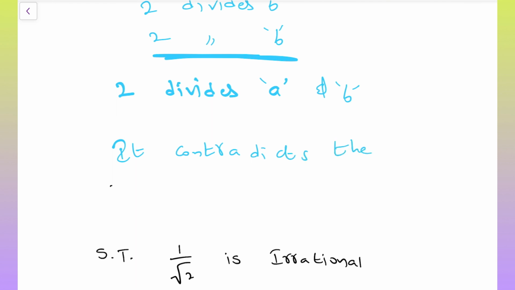So you need to conclude that it contradicts the fact that a, b are co-primes. So that is the reason root 2 is an irrational number. Next question. Show that 1 by root 2